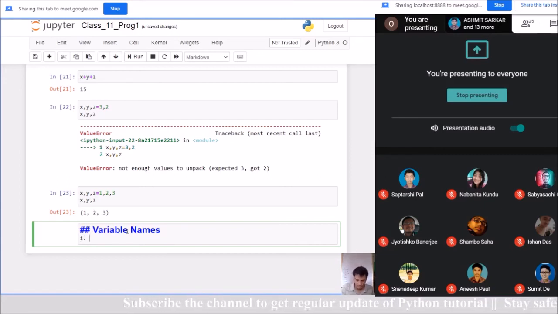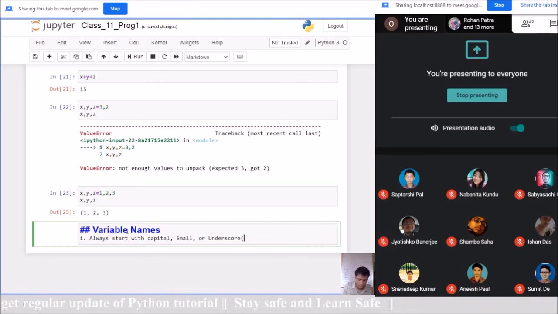Number one, variable name always starts with capital, small or an underscore.